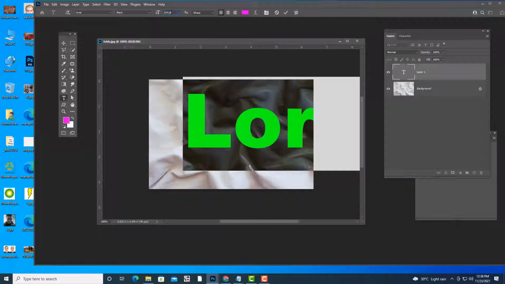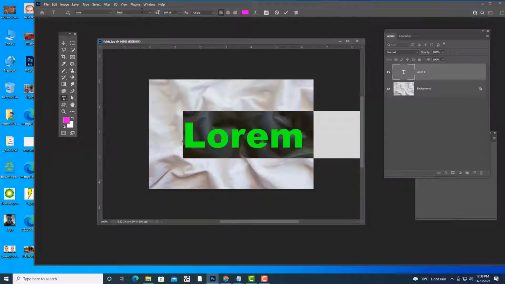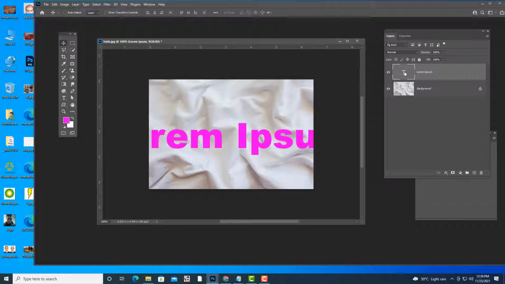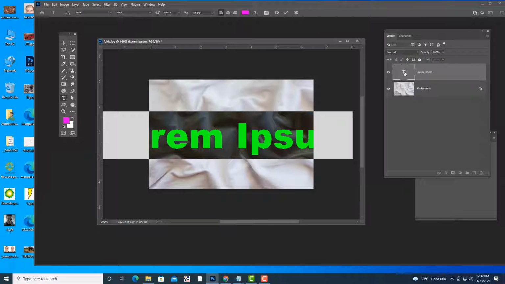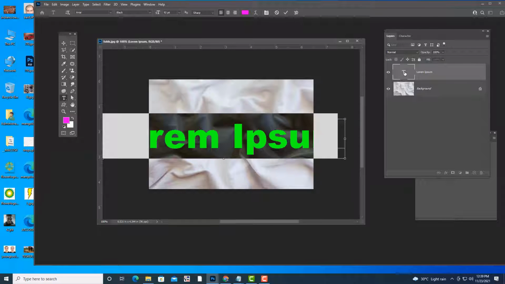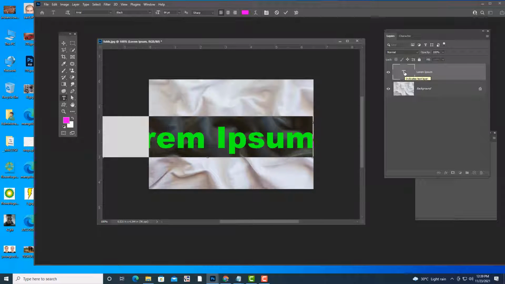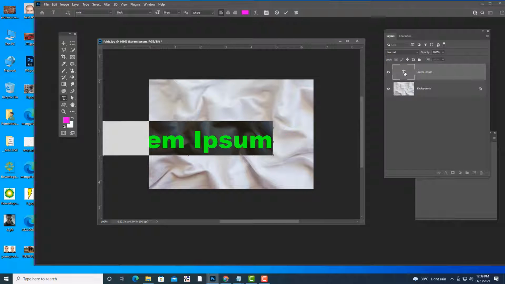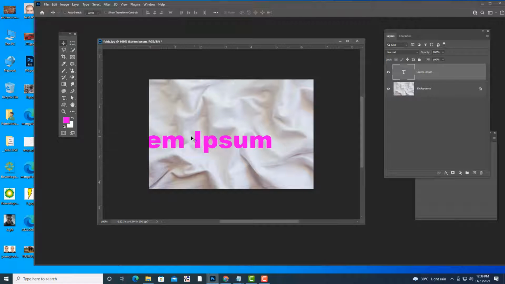So let me reduce it. Control Shift less than. Everybody remembers the shortcut, right?